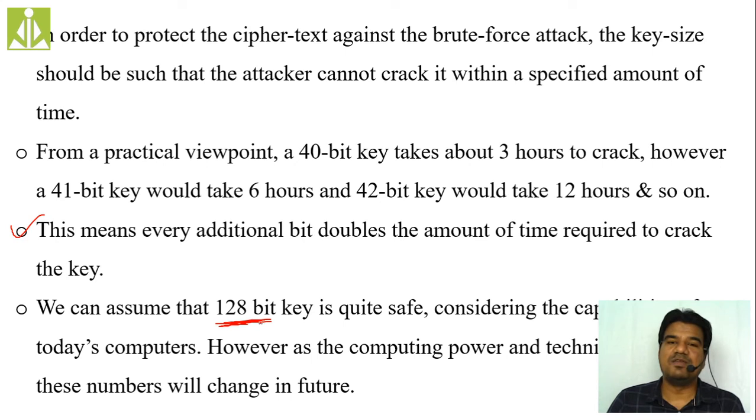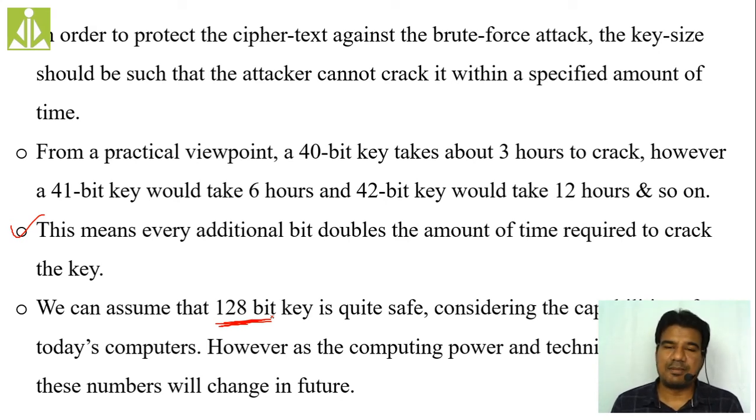years. I mean to say, the time will be in years, like 100 years, 200 years it will take to crack that key. It is quite impractical: if the cryptanalyst says that in order to crack your key, I need 100 years of time, nobody will pay attention to it, isn't it? Nobody will give importance to it. So in that way, the cryptographers or cryptanalysts made a study, and according to that study, taking a 128-bit key is quite safe.